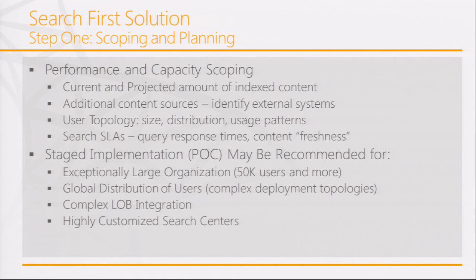Then also take into consideration additional content sources. The 2010 search allows you to easily expand and tap into other line of business applications that you have, for example with BCS, where you can easily index SQL and other line of business applications. And this is just an example, but that all will really provide a measurable value for your search solution. Then also you need to take a look at what type of user distribution you have, because all of those things,